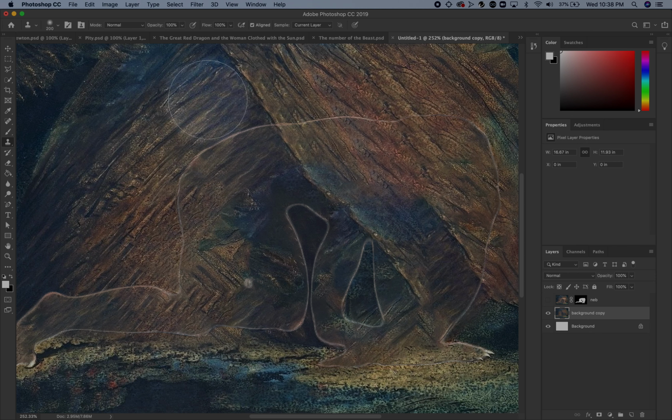You can see that my brush is pretty big, so I'm going to use my brackets to go up and down to shrink it a bit. And here I'm just going to start right here. I'm going to hold down Alt-Option, and I'm going to start right on this crack. And then you'll see as I move my mouse around, it is carrying that crack with me. So I'm going to actually start with this, and I'm just going to brush